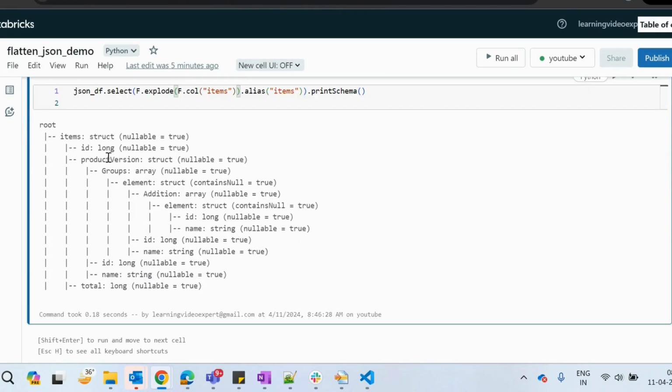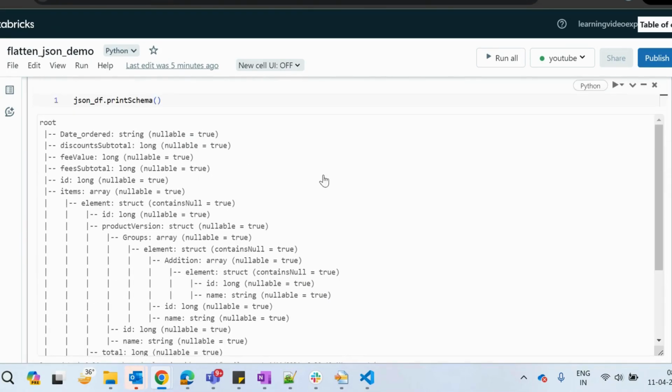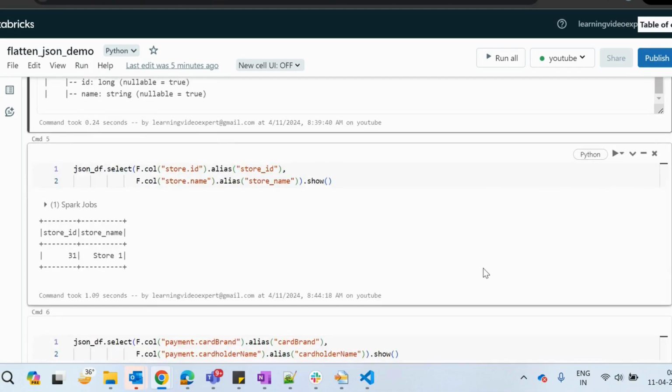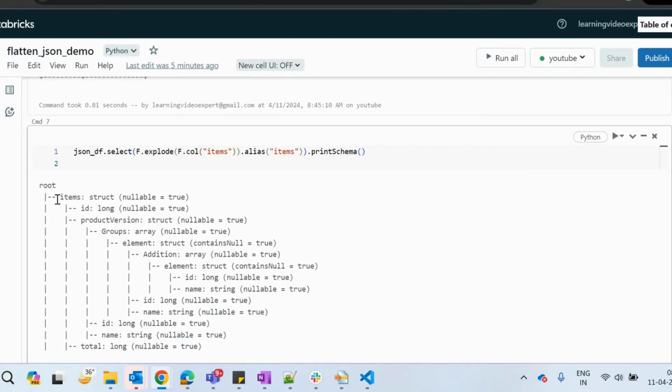Okay, now it is executed. So if you will see earlier this items, if I will show you the items, what was an array type. Inside that we have this element as the struct type. So now I want to explode that. So now my items is my struct type. Why we are doing this? We are exploding it. It is because we can get the elements from the struct type directly. So therefore we are exploding the items, and then we are just aliasing it as items. From here, you can go ahead and get any element that you wish, right?